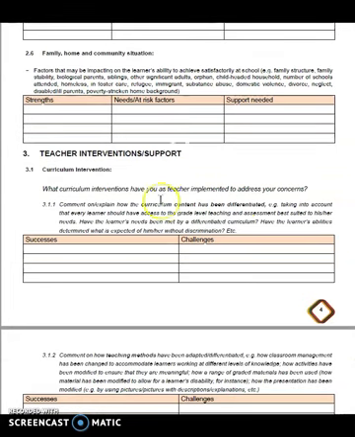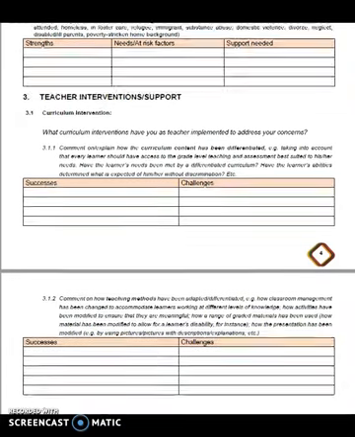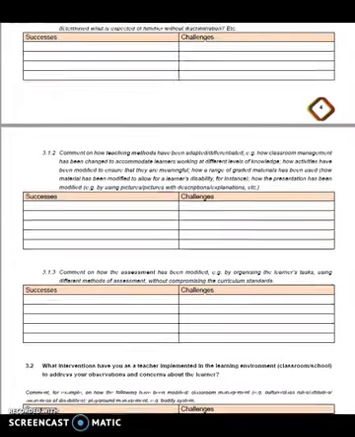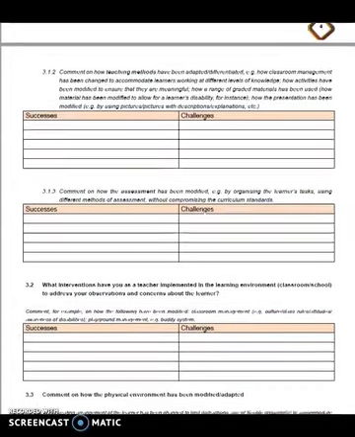Teachers' interventions are very important. What are the interventions that you put in place? What are the successes and challenges? Don't put in fluffy things. Be honest, be open, because it's for the best interest of the child. It's not just about assessing you as a teacher. What have you put in place? Has it been reviewed, and when? What has been successful? What has been ineffective? What have the challenges been? And especially if the challenges are resources and money and budget,